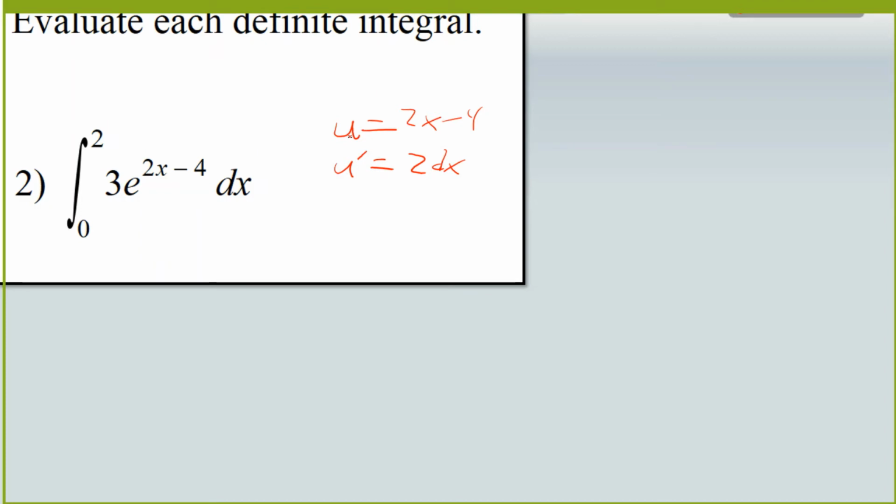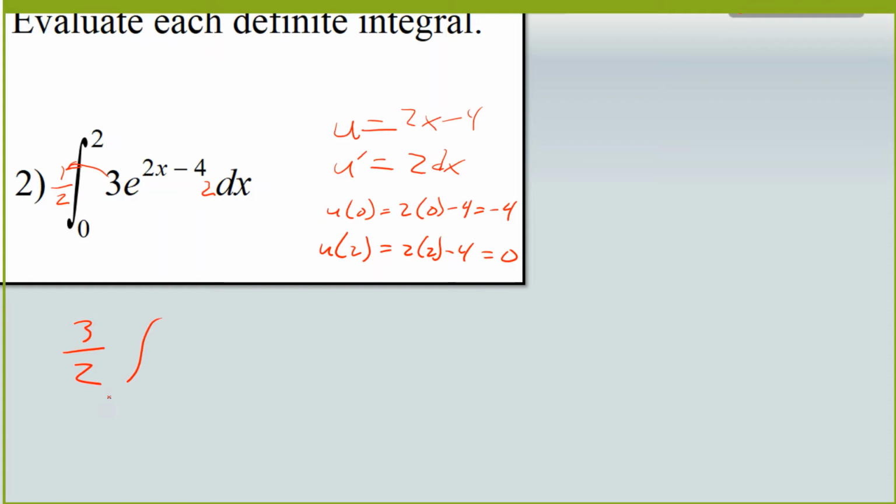Okay, so I'm going to stick to this. u is 2x minus 4, and u prime is 2 dx. I don't have a 2 dx, so again I'm going to multiply by 2, and if I multiply by 2 so that I don't change the original function, I'll have to divide by 2. Okay, so if I substitute now, this 3 can be pulled out, so this will become 3 over 2. If I substitute 0 in for my lower bound, u at 0 will be 2 times 0 minus 4, or negative 4. u at my upper bound, that's 2, will be 2 times 2 minus 4, or 0. So this will be my integral from -4 to 0